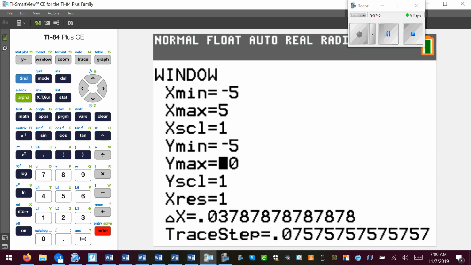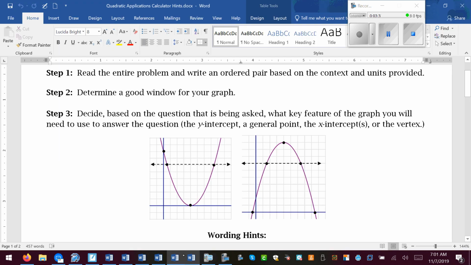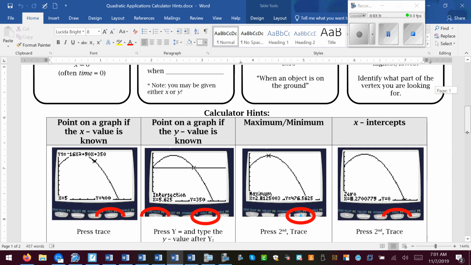If I think about the height of the ball, I don't really know how high it's going to go. Let's make an educated guess of maybe 50. If I'm counting from negative 5 to 50, I'd like to count by 5s. So this is my window if I make an educated guess and kind of think through it logically. But if you flip your gold paper over, on the back,